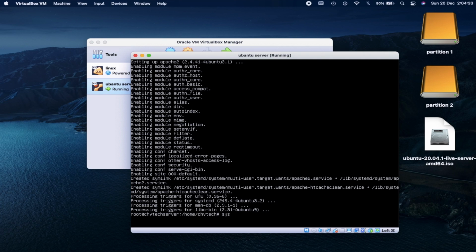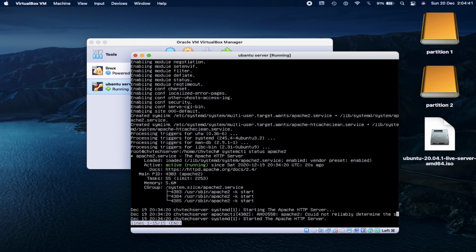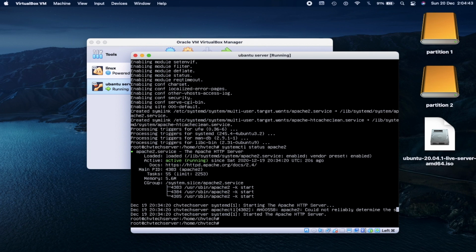Now let us check whether Apache2 is running or not. So type systemctl status apache2 and press enter. You can see green text saying active (running).